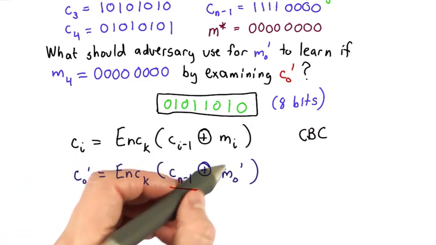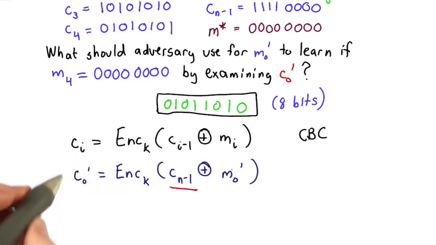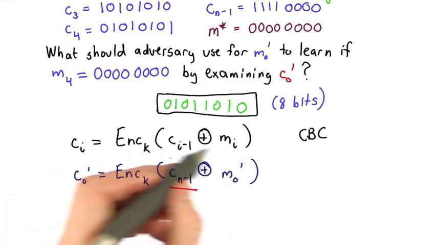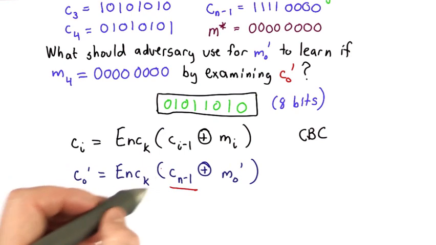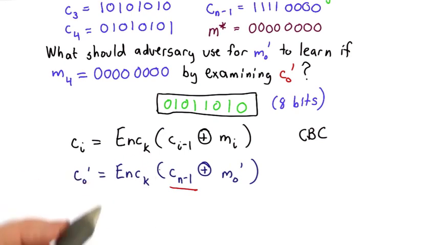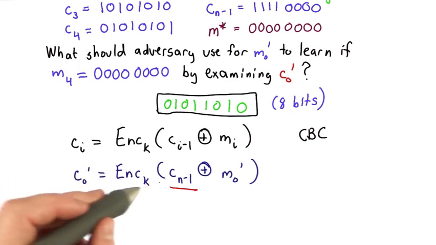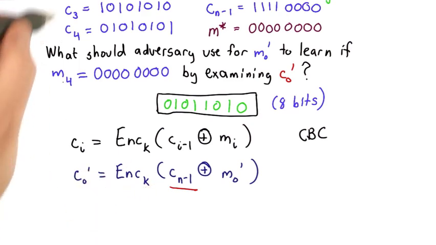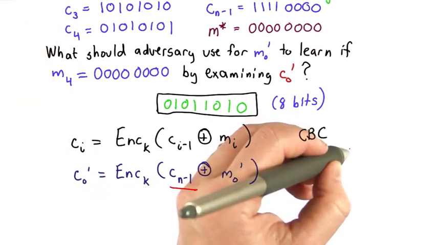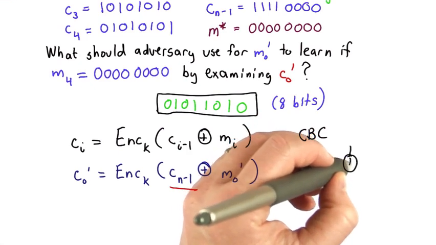So that means the adversary can pick a message value, so the value of C0 prime reveals something. That means it has to be an input to the encryption. We're assuming the adversary can't break the encryption. But it has to be an input to the encryption that the adversary already knows what the expected result is. So the adversary knows the encryptions of all the blocks in the previous message, and we know from the way